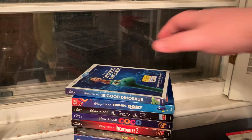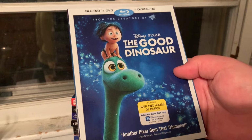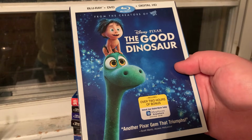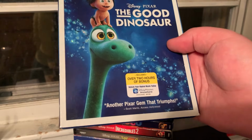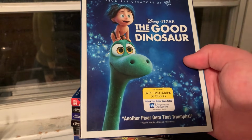All right, the next Pixar film released was The Good Dinosaur. This Blu-ray, this was released in theaters in November of 2015. This was the first time that Pixar released two films in the same year. Another Pixar film that triumphed, by Scott Mantz of Access Hollywood. Yeah. This Blu-ray was released...